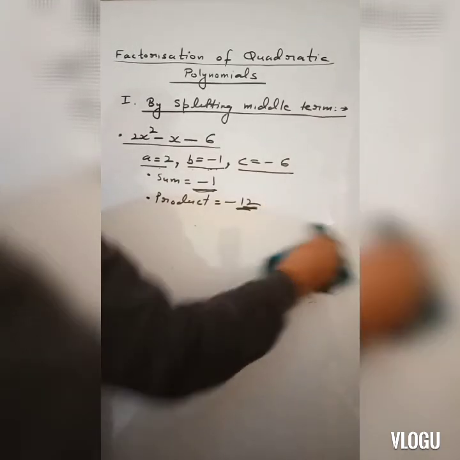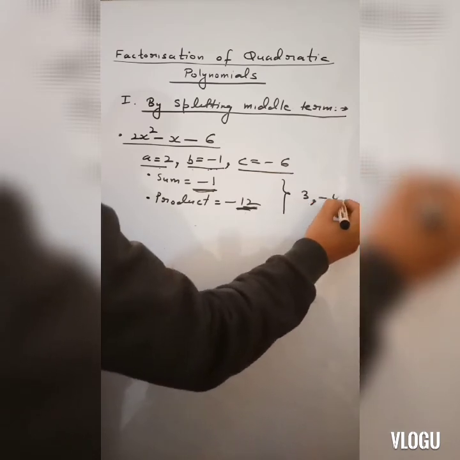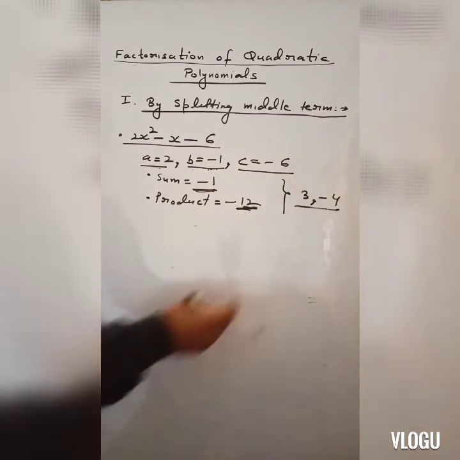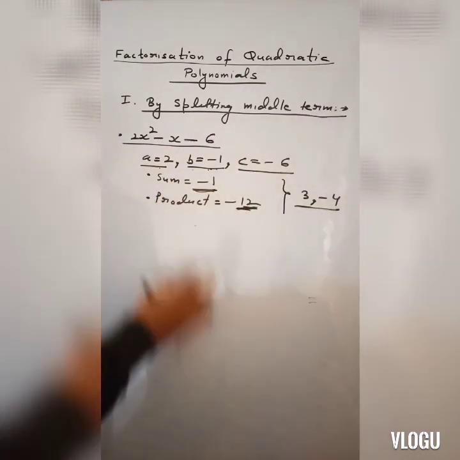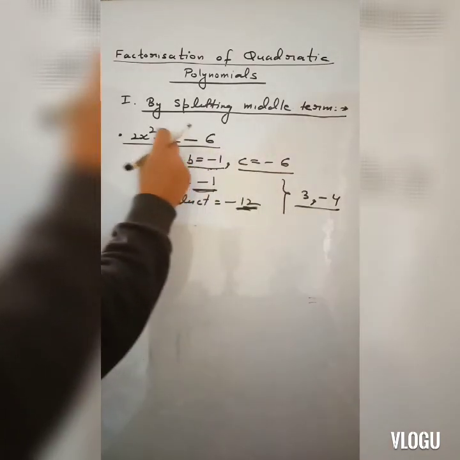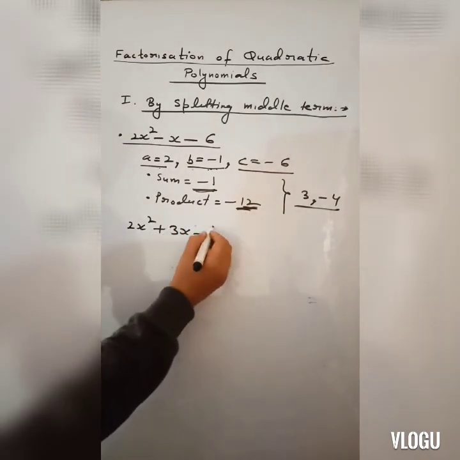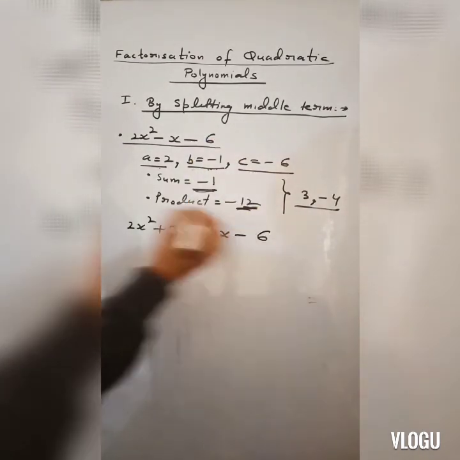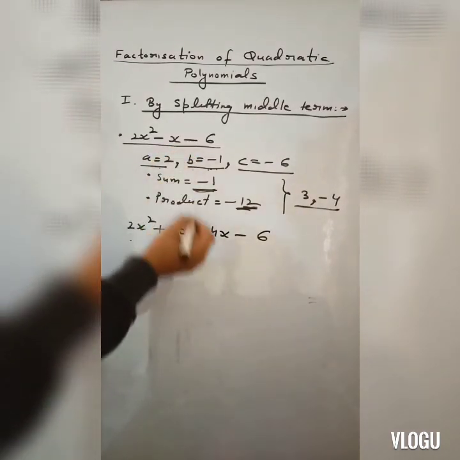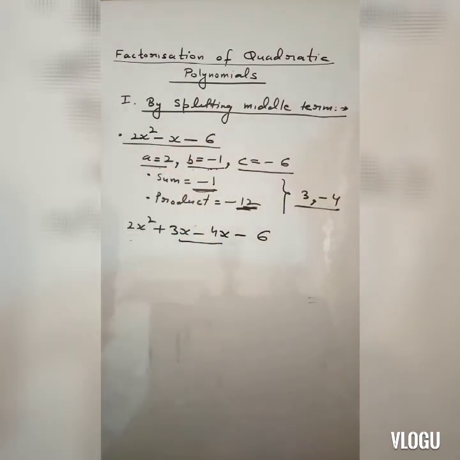Okay, next. Now what you will do, as you got the numbers, according to this situation, you got 3 and minus 4. So these are the numbers. The first step in factorization of a quadratic polynomial is to find these two numbers. You got the two numbers. Now next, you will write these two numbers in place of the middle term. I mean, the first number as it is. Now you write these two numbers, plus 3x minus 4x, and the last number as it is. First and last as it is. Only in place of the middle number, we will write these two. And when you simplify these two, you will get this one, right?